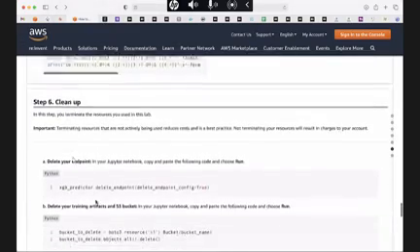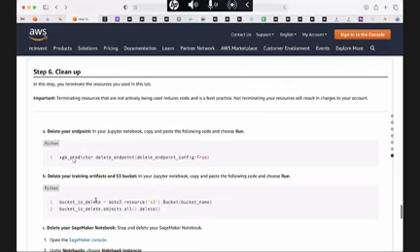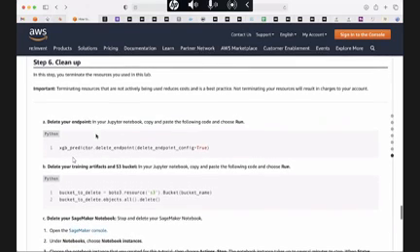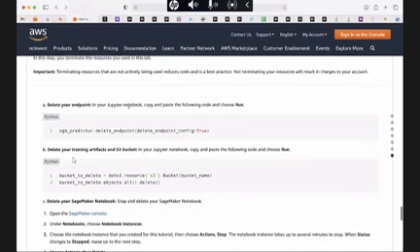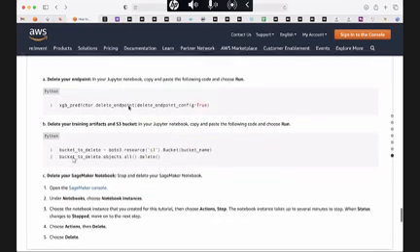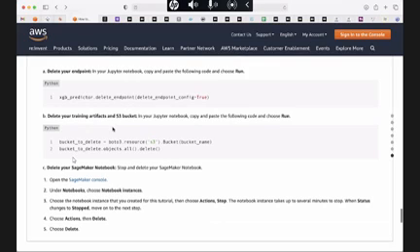The most important step in terms of keeping your account for a year is this cleanup. The first thing here is to delete your endpoint. Endpoint is the way you expose your machine learning model. And then deleting the training artifacts and the S3 bucket.